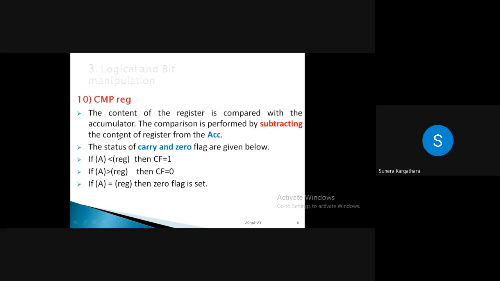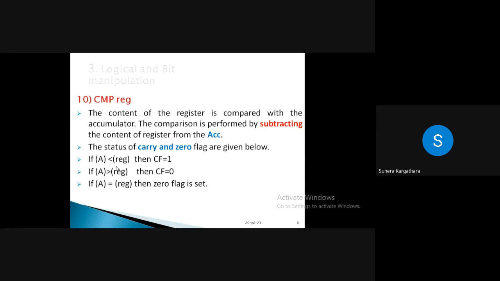How? See, suppose I am comparing a register's content with the accumulator, I may have three possibilities. Either the content of the accumulator will be equal to the register's content, or it may be possible that the content of the accumulator is greater than the register's content, or the last possibility is that the content of the accumulator is less than the register's content. Am I communicating, students? Whenever you compare, you get a result in terms of condition, whether both the contents are the same, or the accumulator's content is more, or the register's content is more, right?